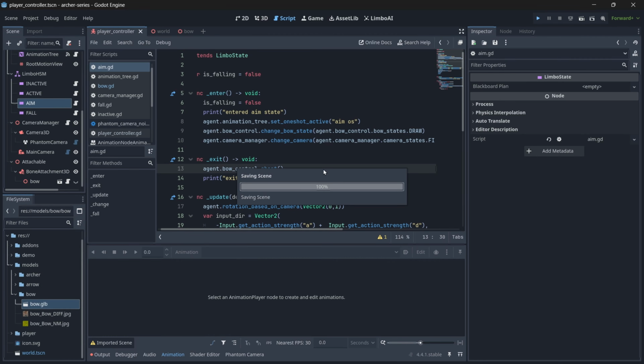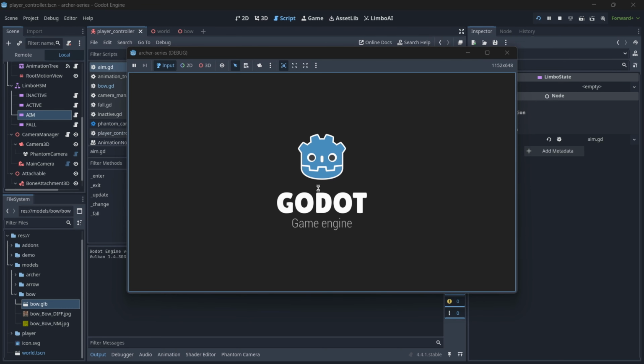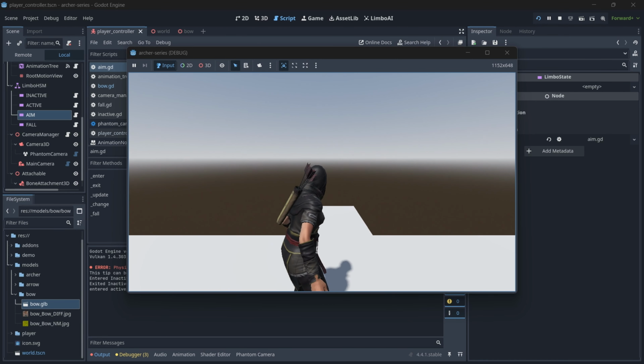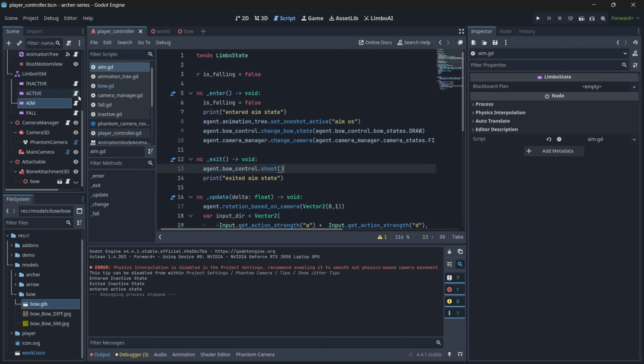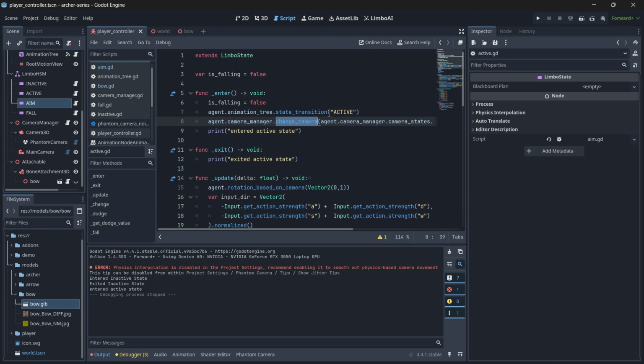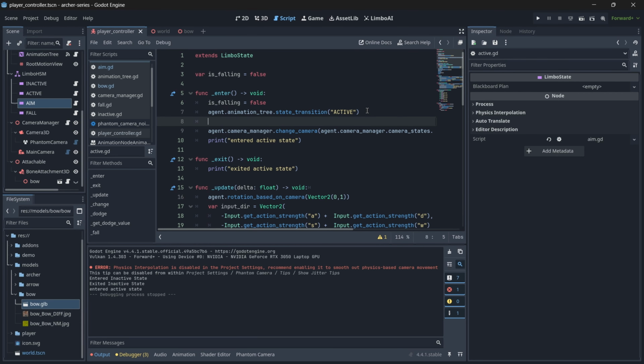So now let's try to play. Let's go to active, and okay, the bow is not visible. So let's go to active, whenever we try to enter,